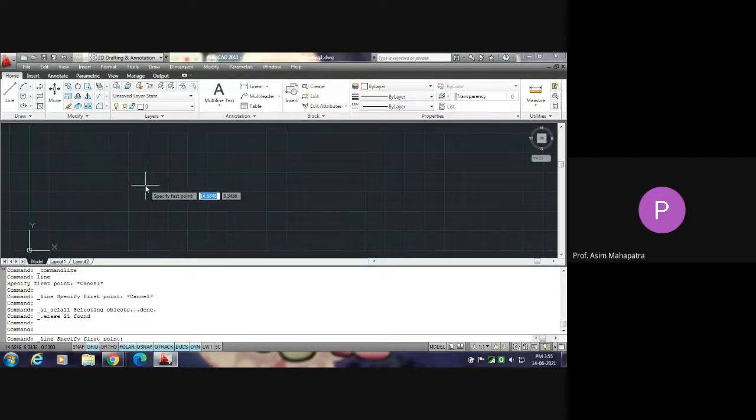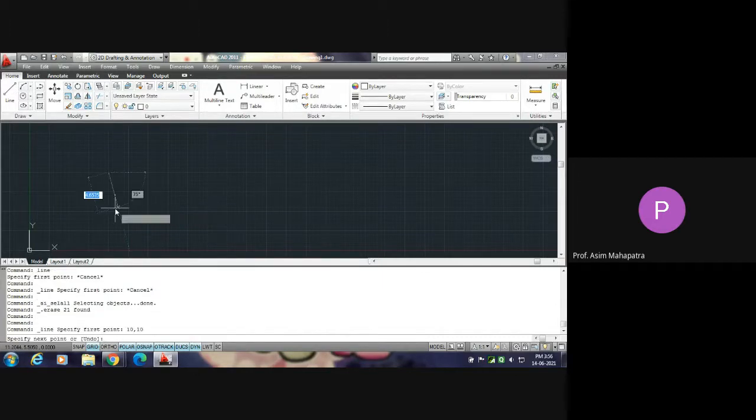Specify the first point, say the first point is 10, 10. I am writing 10, 10 as the input value, then enter. The first point has been taken by the cursor, and it is written here: underscore line, means line is the command, specify first point 10, 10.